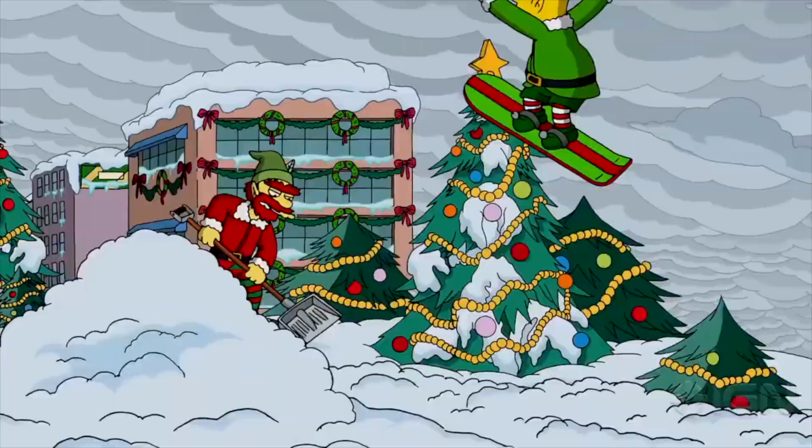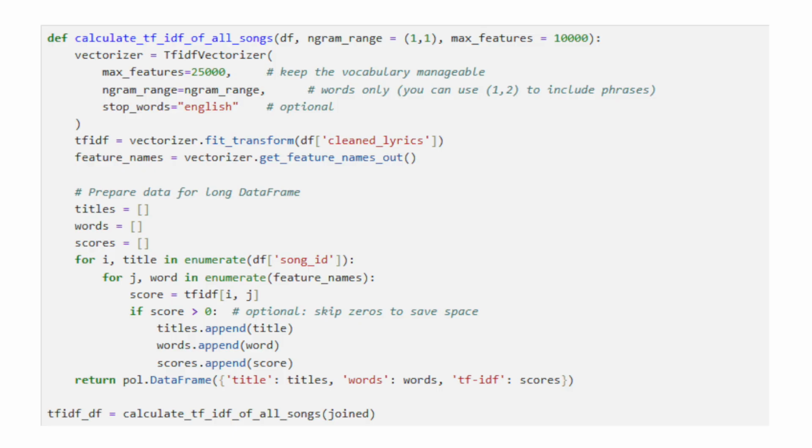So instead, I use something called the TF-IDF. Caroline did a great video talking about what the TF-IDF was in the past, so you can go back and look at that for an explanation. But on the Cliff Notes version, the TF-IDF gets the most common words that are different to the general lexicon. So words like Christmas, baby, snow, Santa, along with words like "let's," were really important in this particular data set. So much so that I used five of those as parameters in my model.